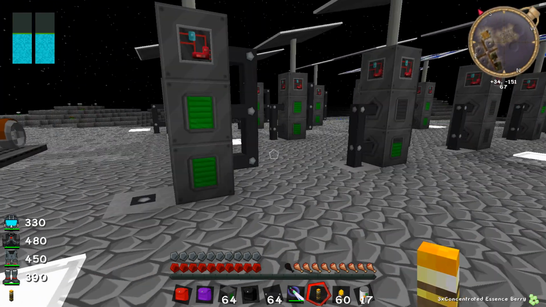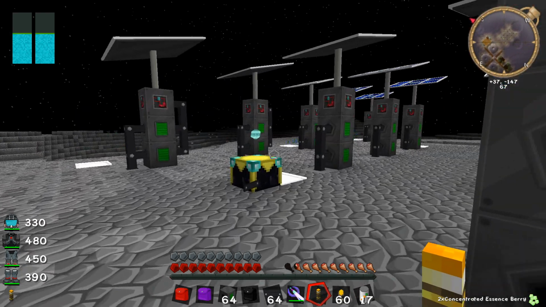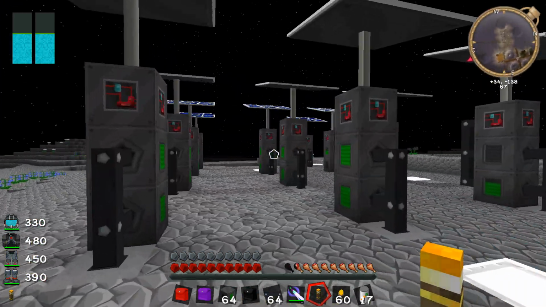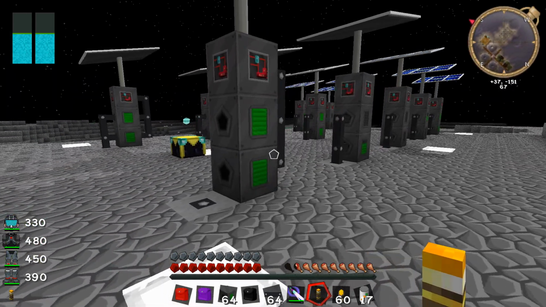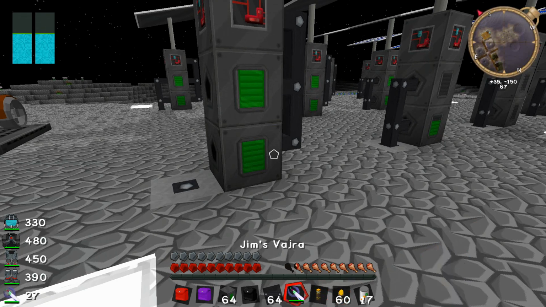What we want is banks of probably 9 for each one of these, because I think I have 15. 3, 4, 5, 10, 11, 12. I actually have 13. Interesting. 13 of these things. So,